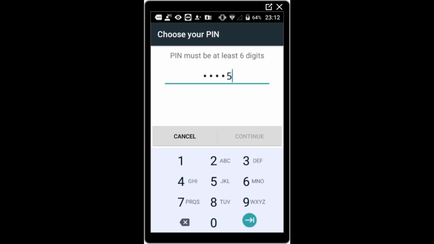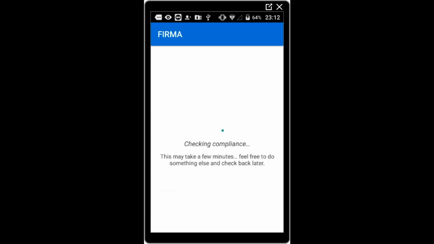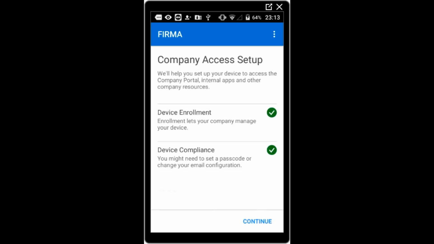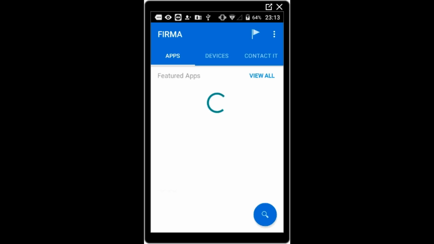Okay, I provide my former PIN code. It was 4 characters. Now I have to set up a 6 characters PIN. Then I check compliance again if my device is compliant, and my device must be marked as compliant if I want to have an access to Exchange 365. Okay, now it works. I click done. I come back to Outlook,